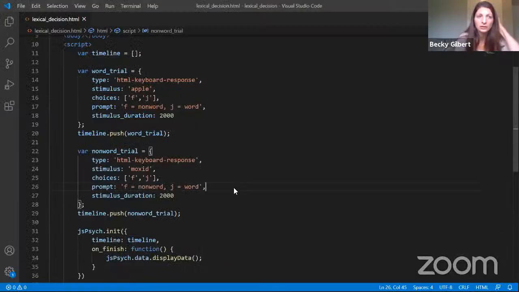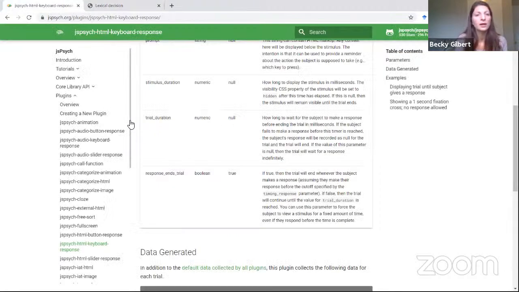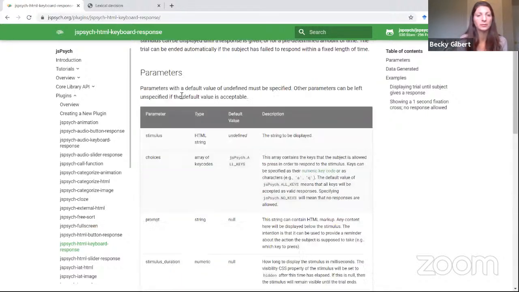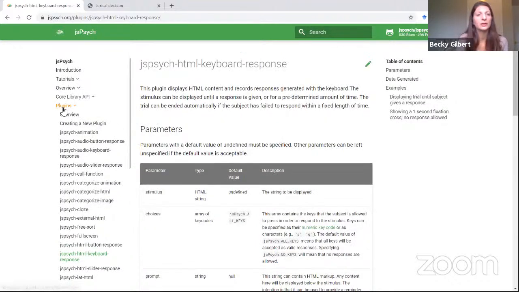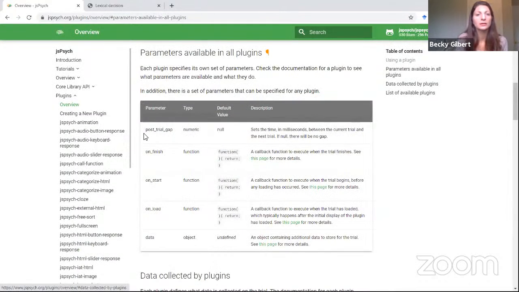And to do that, I'll show you in the documentation. So far, we've been looking at the documentation for each plugin separately, and this gives you the specific parameters you have to work with for that plugin. But we can also go here under plugins and overview. And this will give you some more general information about plugins, including the parameters that are available in all plugins. So one of the things we can do is add a post-trial gap. So this will introduce a delay after the current trial, before the next trial. So that's good for adding an interstimulus interval, and we could also add in some data,